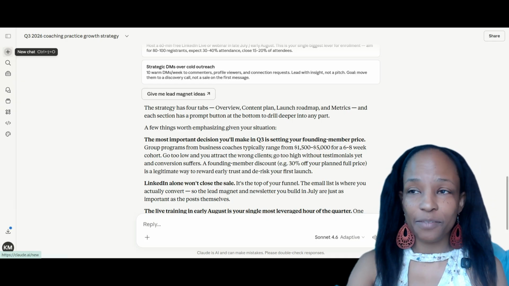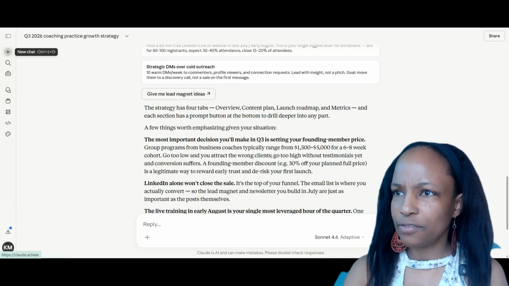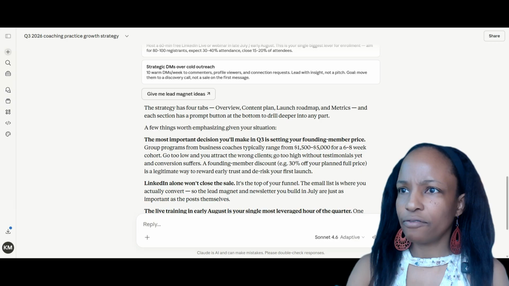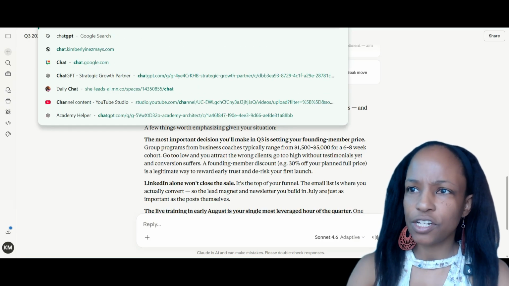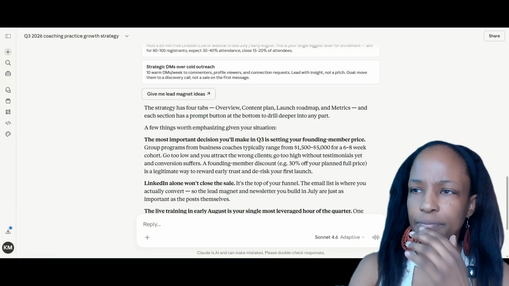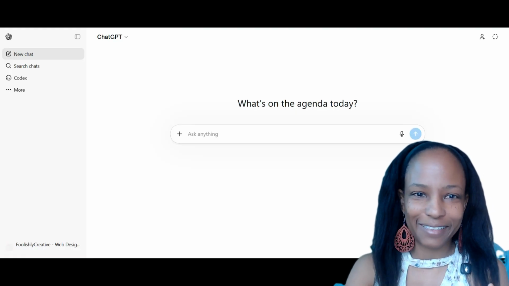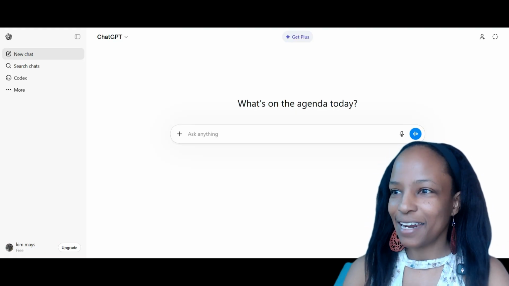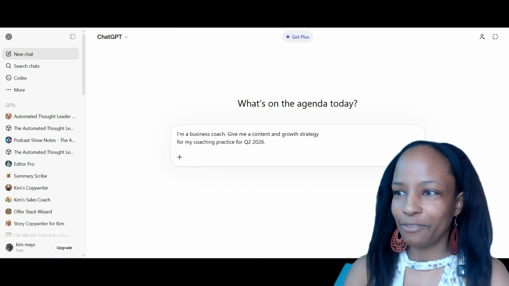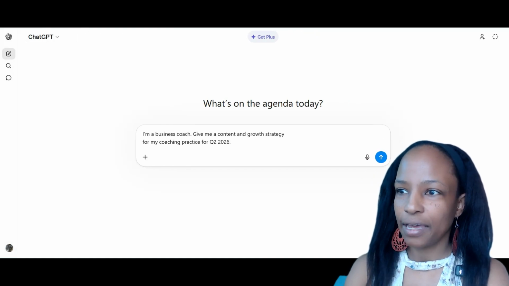I know in ChatGPT, I guess I can do ChatGPT for free. Let me do that really fast. Let me just try that. I'm gonna test some models out. I'm gonna just do a little bit of testing because we gotta test some stuff out. So this is the free ChatGPT account.